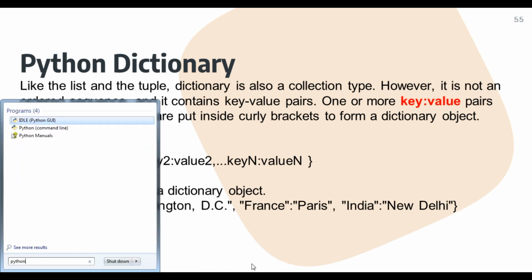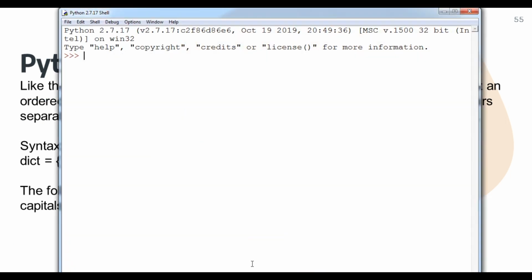To do that I have to open Python. In Python I will create a dictionary. Suppose d1 equals, within curly braces, 1 colon 1, and 2 colon 2, and then 3 colon 3.